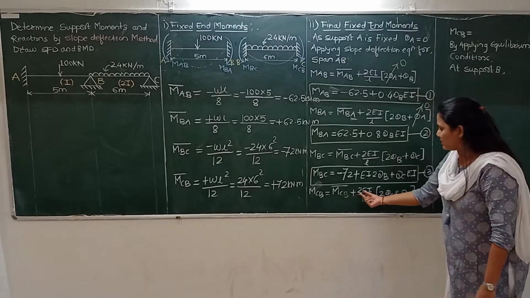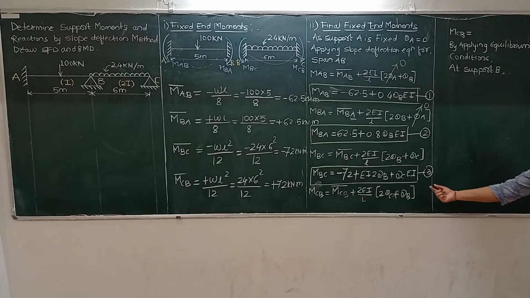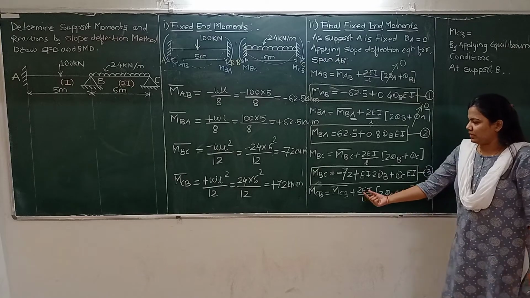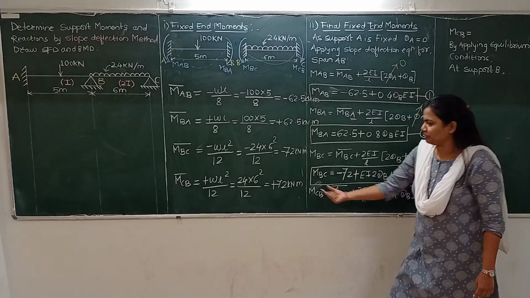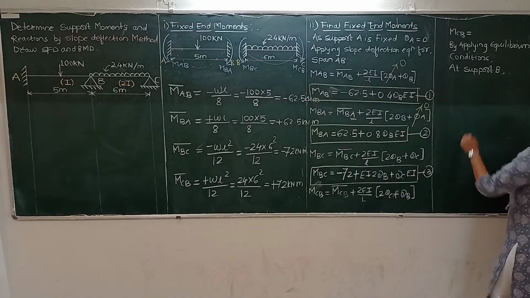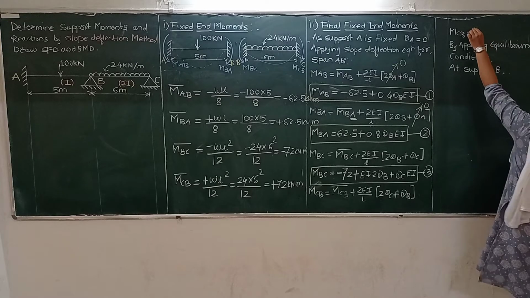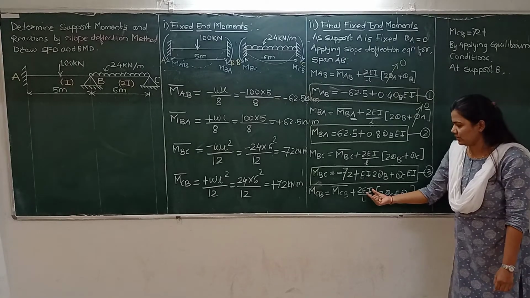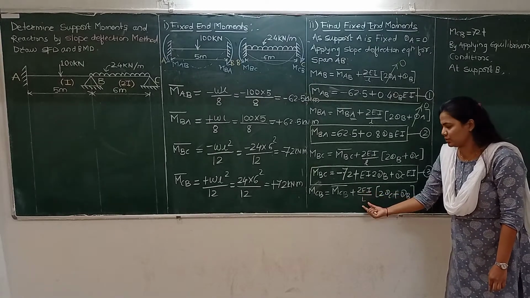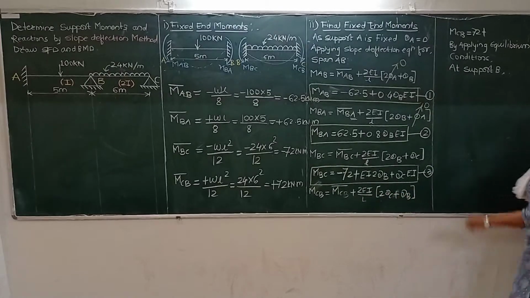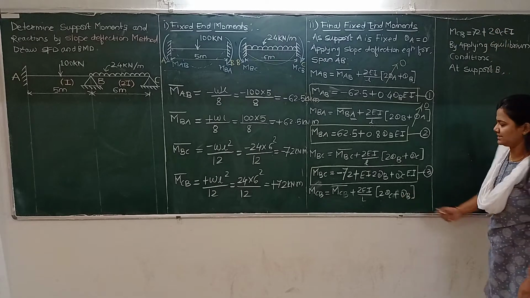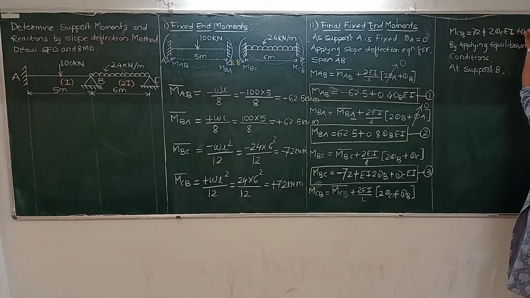So MCB bar plus 2 EI by L, in bracket, 2 times theta C plus theta B. By putting the value of the fixed moment MCB bar, that is positive 72 kN, we get the equation MCB is equal to 72 kN plus, again putting the moment of inertia 3I in this term, 2 into 3 is 6 divided by 6 is 1, so EI into 2 times theta C, so 2 theta C EI plus theta B as it is, so theta B EI,